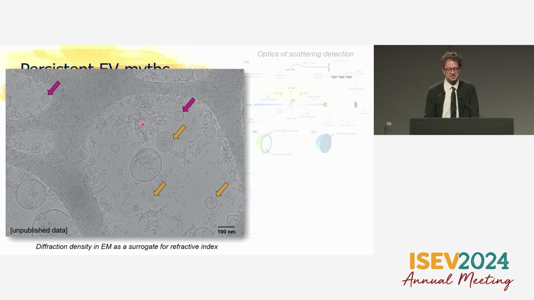Similarly, you can see that the internal contents of EVs is not homogeneous, even when there is a high electron density. Multilamellarity plays a big role in that scattering. You could see that some particles clearly have a weird distribution spatially inside of them based on the content. So they're not either full or empty, but there's a lot in between. Of course, this is again ignoring the glycocalyx and all the different things that are happening at the surface, or adsorbed protein, or adsorbed whatever, as you'll hear later.